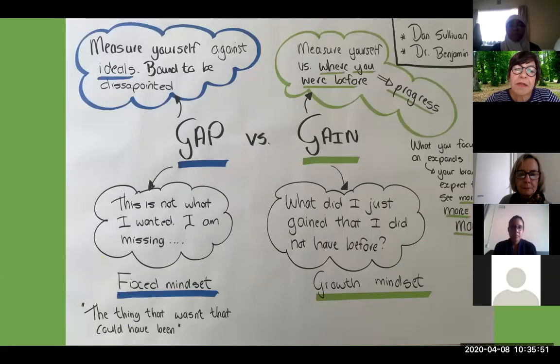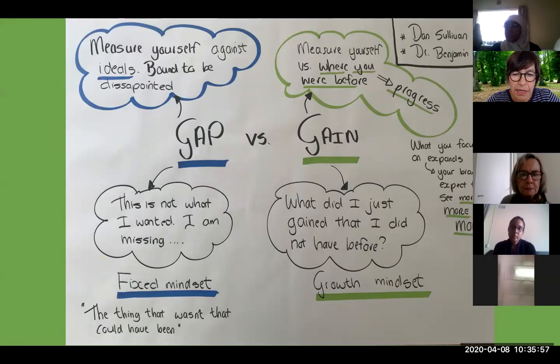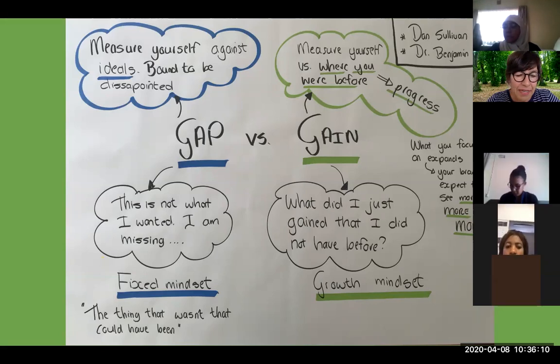So this is interesting work done by Dan Sullivan, and then Dr. Benjamin Hardy, who's also a psychologist, has added some of his insights today. So Dan normally works with entrepreneurs, and he's got this framework of gap versus gain. A great example is, imagine you're driving from home. This is a long time ago, but imagine you're driving from home, and on your way home, you stop at